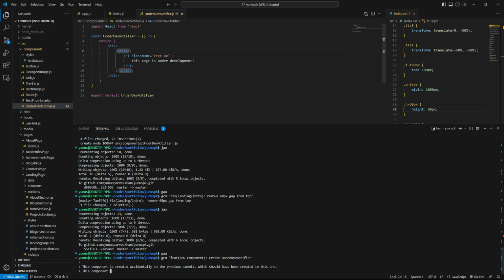This component will have a markup to notify the user that the page they are on is under development.